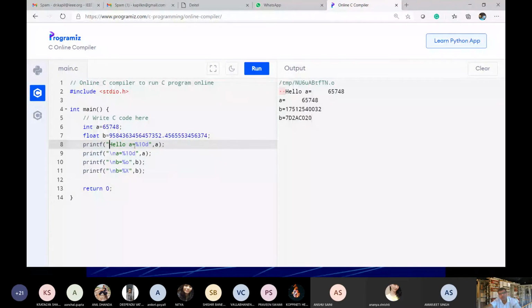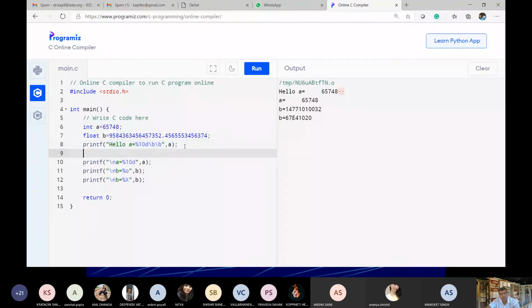Let me place this over here. Now you can see that two blank spaces here. Okay, hello, and let us use a string, so it is much better to understand. Hello. Okay.